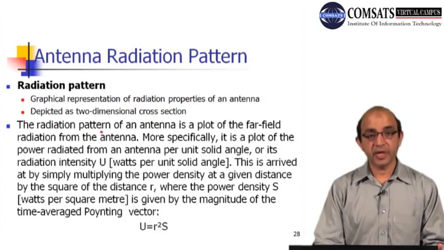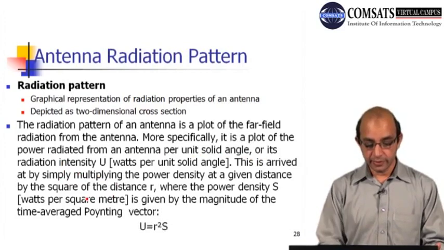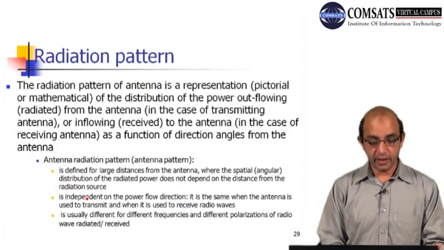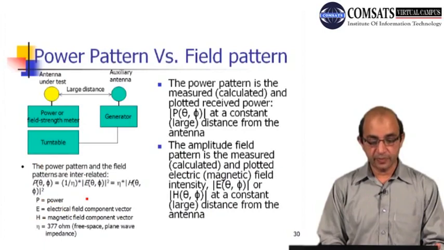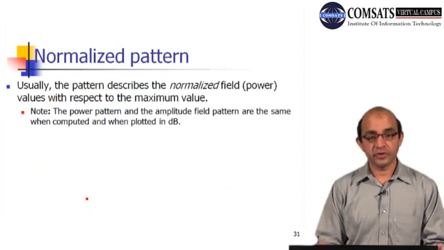The radiation pattern of an antenna is a plot of the far field radiation from the antenna, and more specifically it is a plot of the power radiated from an antenna per unit solid angle, or its radiation intensity U, right? So again, radiation pattern, then power pattern versus field pattern,